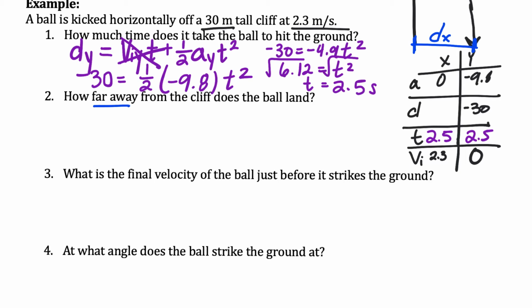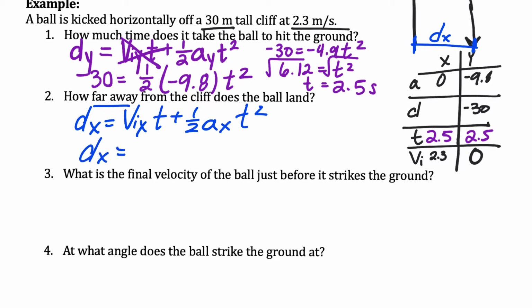So for this, we want to use the x column because that's the horizontal column, and we're going to use the distance formula again, this time just with that column. So it's your horizontal distance equals your initial horizontal velocity times time plus 1/2 times acceleration in the horizontal times time squared. So we're going to solve for that horizontal distance, and that's going to equal your initial horizontal velocity of 2.3